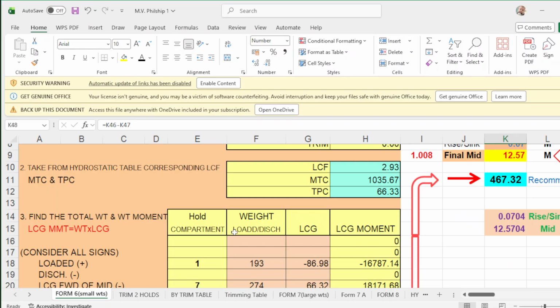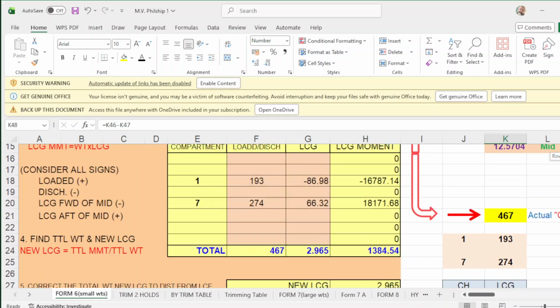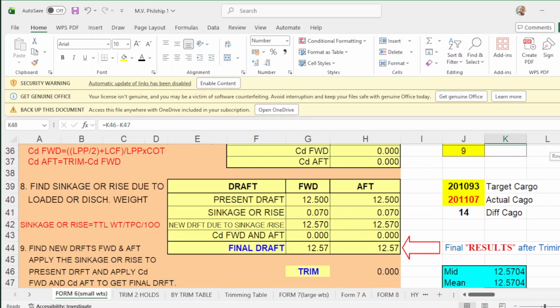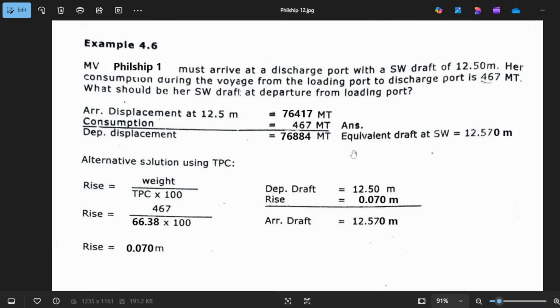And form number 6 is how to find trim when handling several moderate weights, and you have even keel here. But take note that the problem was, what will be your departure at load port, because you arrive at discharge port of 12.5.